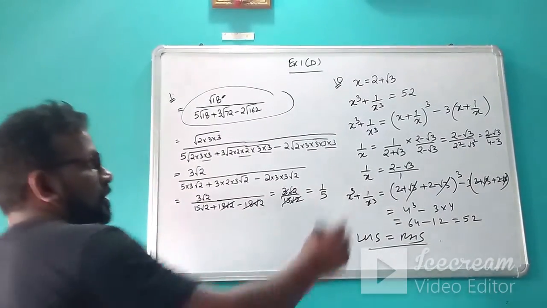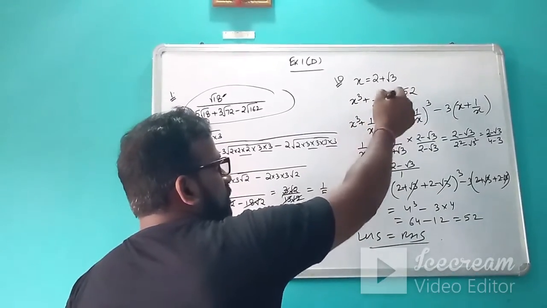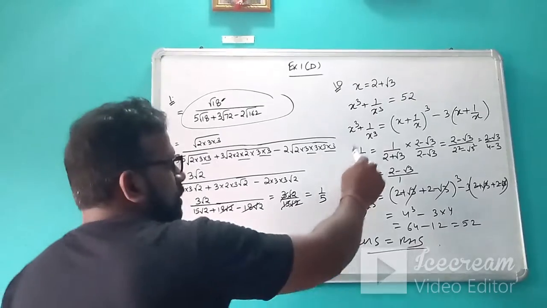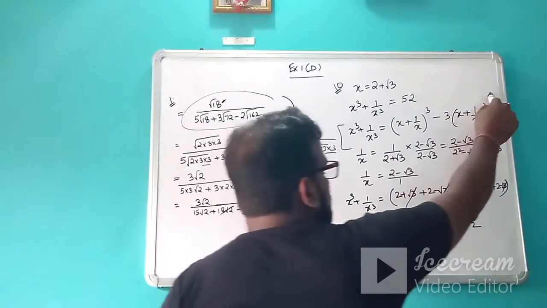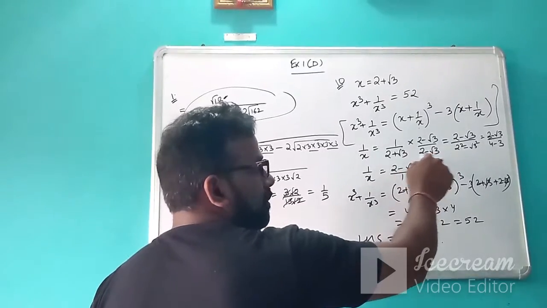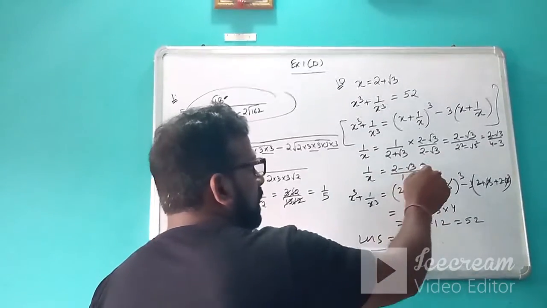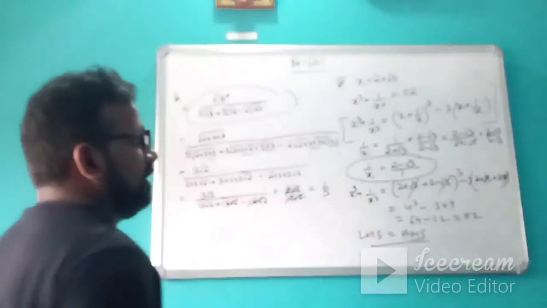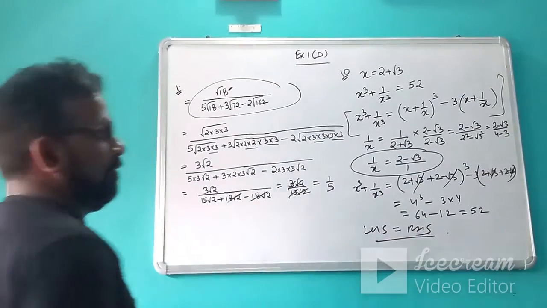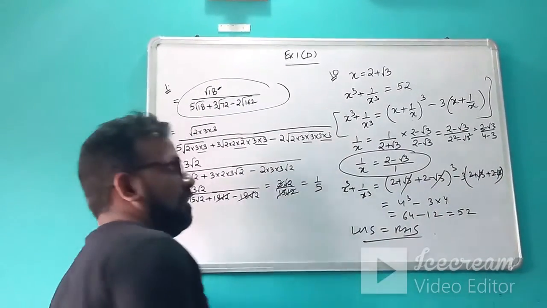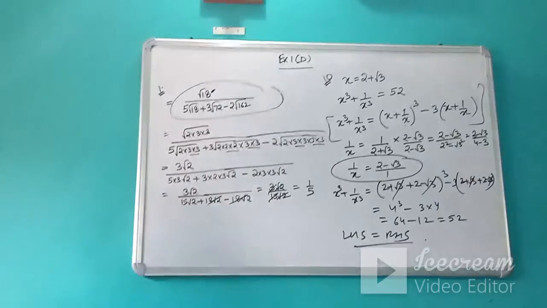Do not simply put the value of x cube and 1 upon x cube and then start solving it; you will not get the answer. First you have to follow these steps. Write the formula like this. Then what you need is 1 upon x. Then you will rationalize the denominator, and after rationalization you will get the simple term 2 minus root 3. Now when you put the values, these irrational numbers cancel. That is why you got the answer quickly.